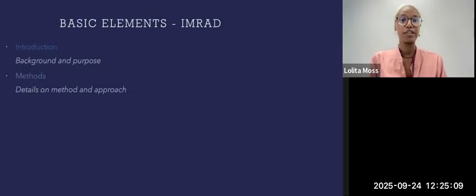There's a good amount of detail that needs to go into the method. This isn't really something you can skimp on because methodology is a critical part of scholarly work, and it also helps people who are specialists figure out if this is something that's up their alley. I know myself that